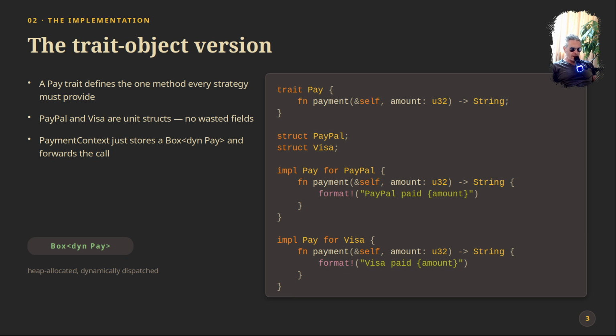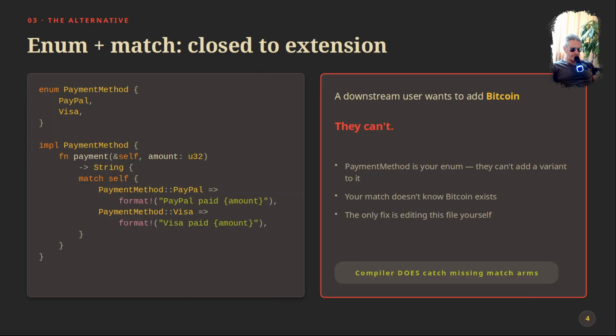And I did this once before and somebody said, well, yeah, most of the time you can just use an enum. So you could just have an enum with two payment methods and then just pass in the amount, and then whichever it matches on, you'll see. So the difference is,